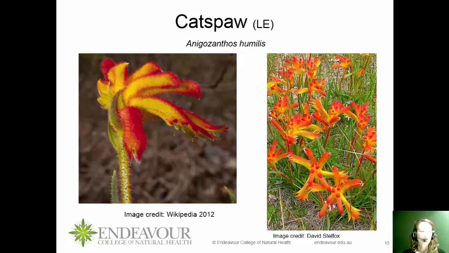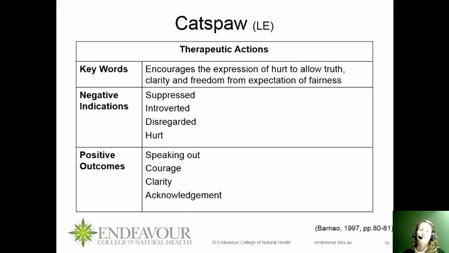Cat's paw, a beautiful colored flower, isn't it? Really unique, strong yellow. And if you remember back to the chakras, yellow was the solar plexus, and that's all about understanding how you're separate from the tribe and you're separate from another. It's like, this is who I am, and these are my boundaries, and this is what's okay for me and what's not okay for me, and I'm able to express that in a balanced way. And cat's paw is about that ability to express yourself, to speak your truth, rather than fearing that you'll be judged for